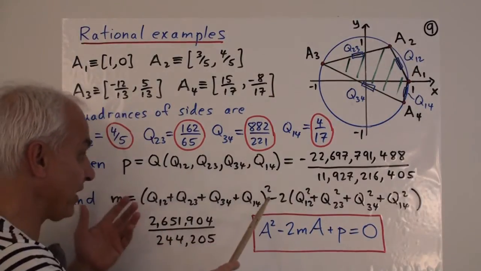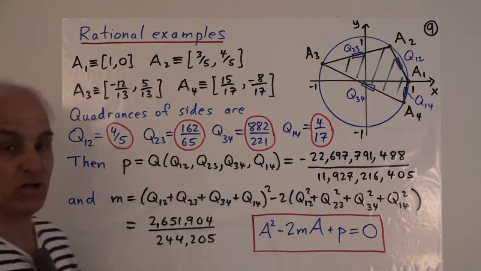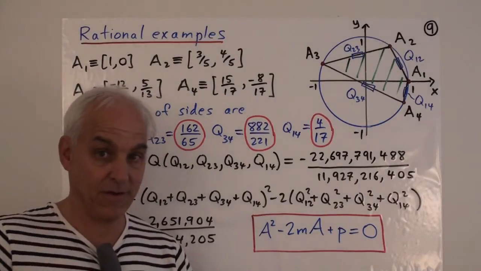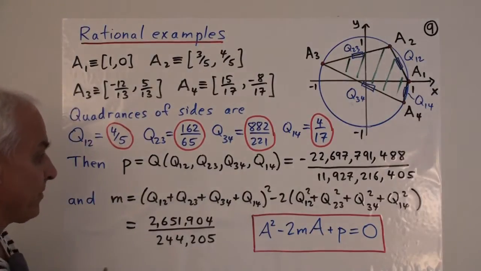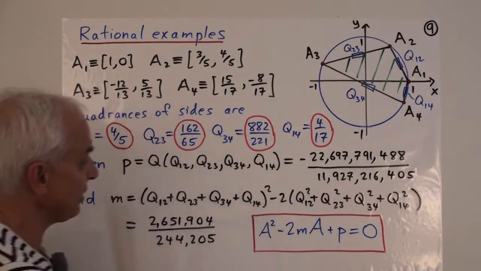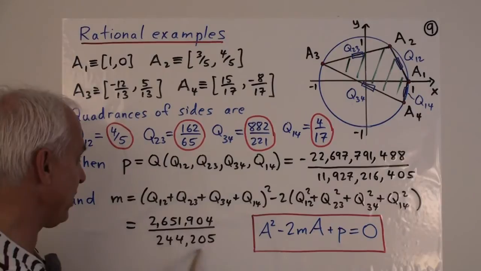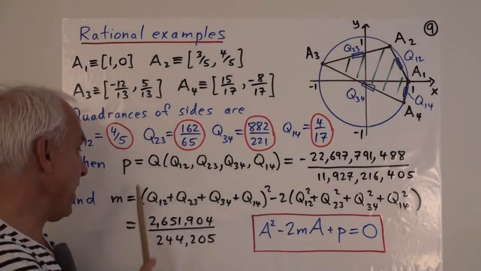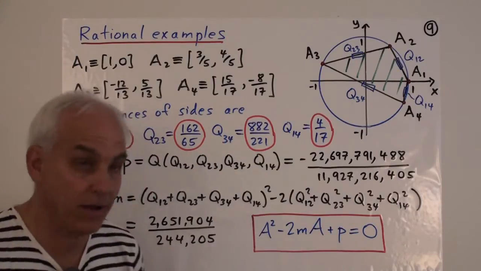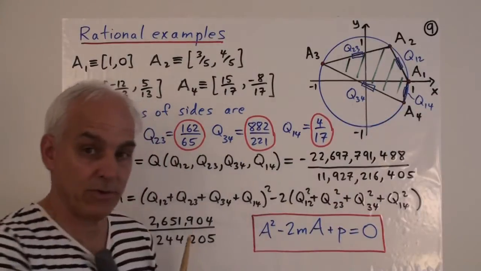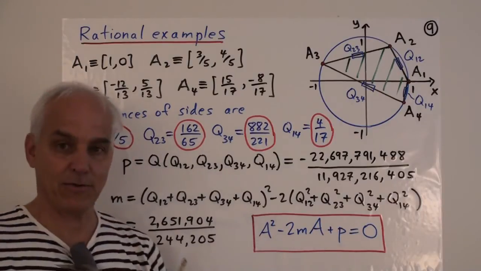Okay, we know what that is. We can calculate that. I get my computer to do it, and I get that number there. It's a biggish fraction, but that's what we expect when we're doing this kind of rational number arithmetic. And the quantity M was this expression here that we saw in the last few slides. And that turns out to be this quantity right here. So M and P are going to be the ingredients to create this quadratic formula for the quadrea of this quadrilateral, 16 times the area squared.